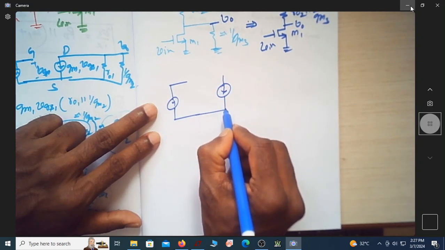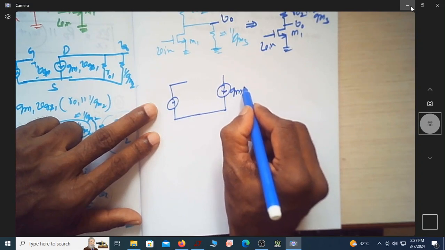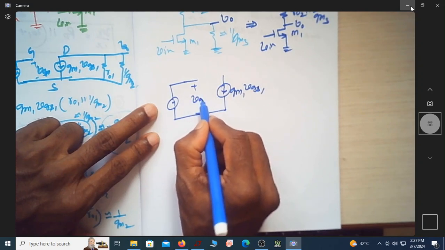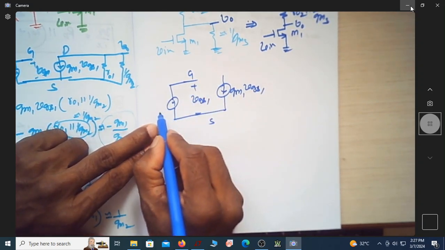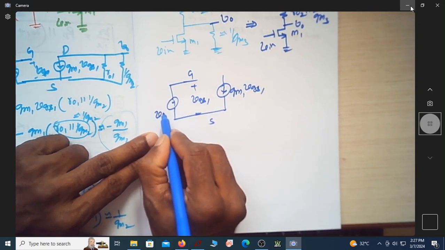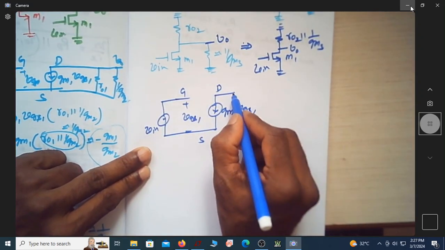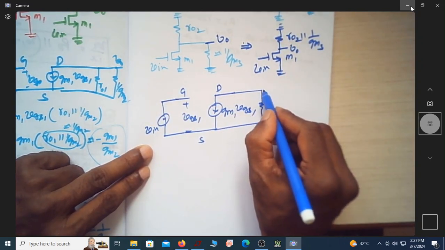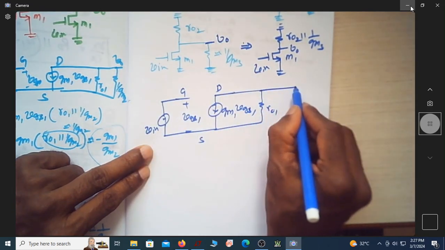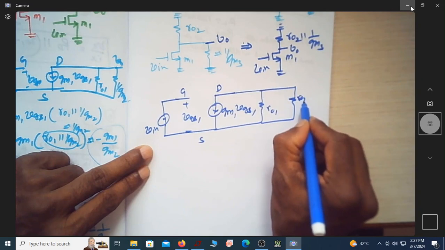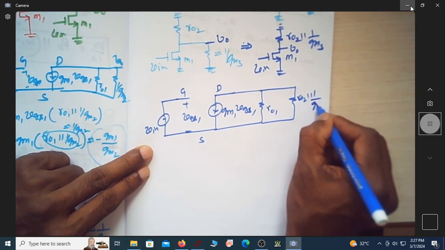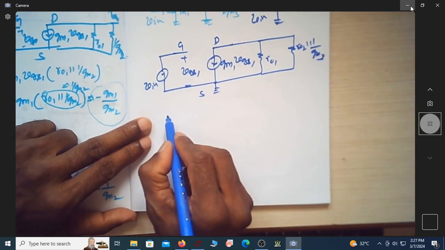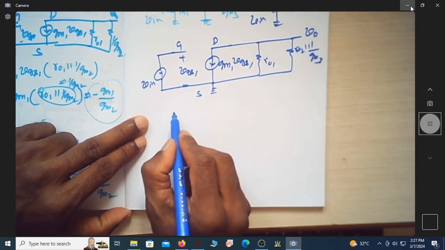this is Gm1 into VGS1, this is plus minus VGS1, this is gate, source, this is Vin, this is drain point, and this is R01 corresponding to M1, and the resistance of M2, M3 will now look like R02 in parallel with 1 over Gm3. This is AC grounded. So from this, here where you measure the output voltage, so can I write V0